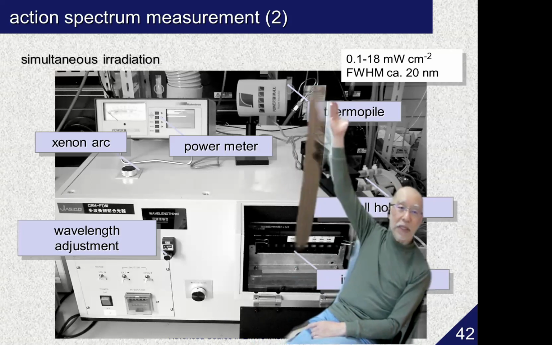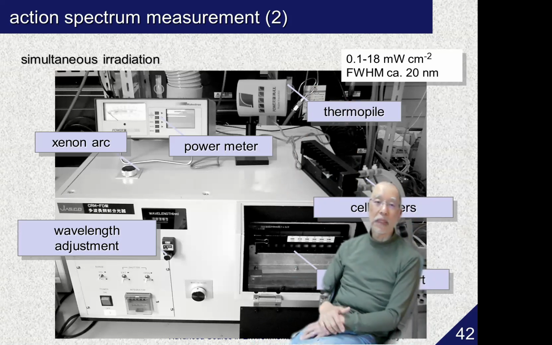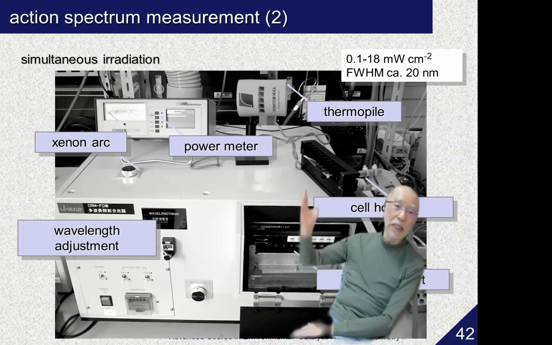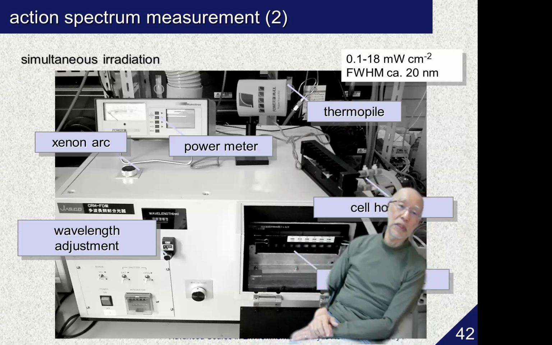And the intensity is very high, 0.1 to 18 milliwatt per square centimeter, and with high FWHM, full width at half